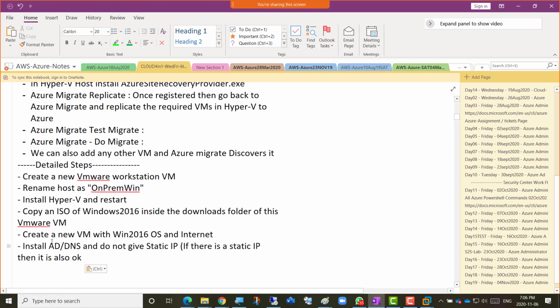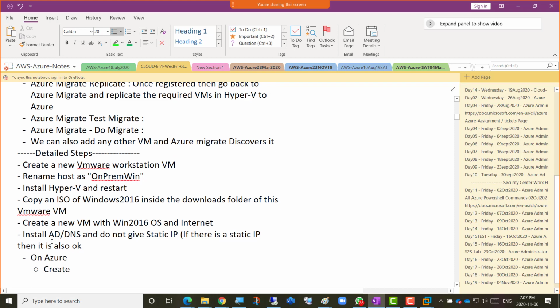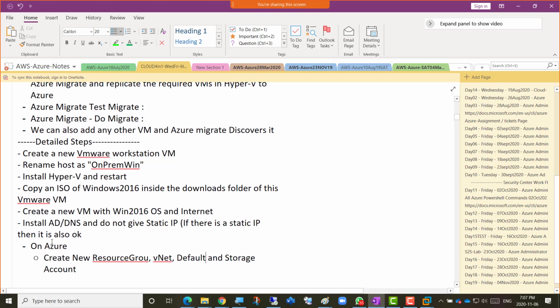Okay, so I paste it here, and then on Azure, create a new RG, resource group, vNet and storage account. vNet, default subnet, and if required, then